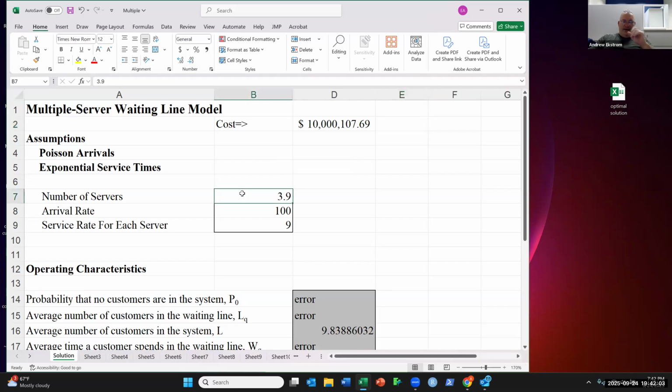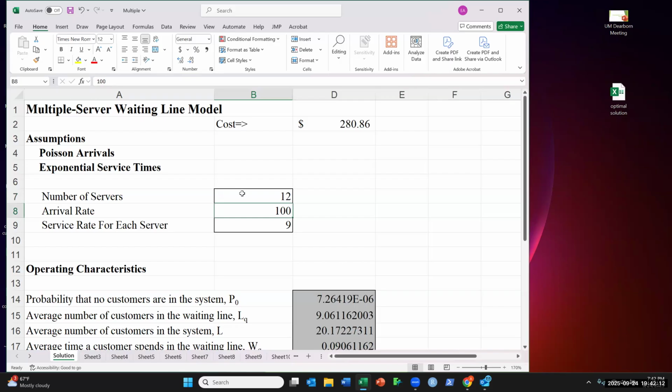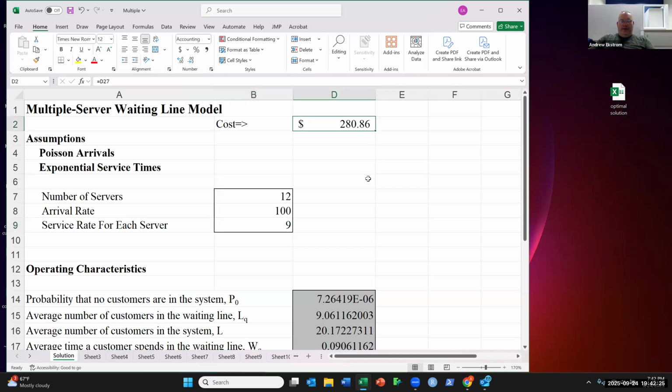So the number of servers I've got here, you've got to change that. Based on the data I gave you, the first number was 12, right? Yes, 12 cashiers to a rate of 100. Okay. So with 12 cashiers that can handle 9 customers per hour,